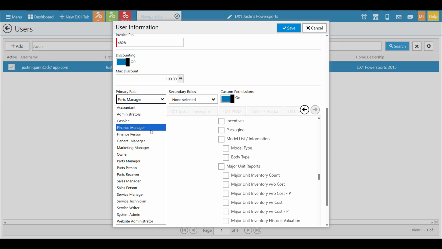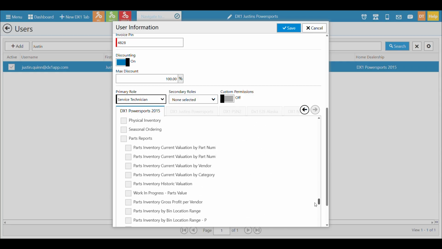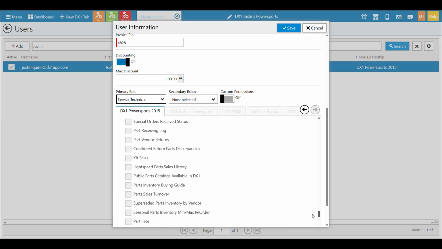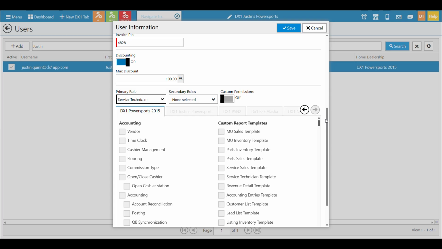Lastly, I want to mention for existing users that if you set somebody up as a service technician, those are free billable users. And as you can see, as I scroll through this list, they really do not have any permissions at all. That's really just to make sure that they can be added to the invoices, clock in and out of jobs, and show up in things like reporting. Essentially, a free user is not supposed to be using the system.